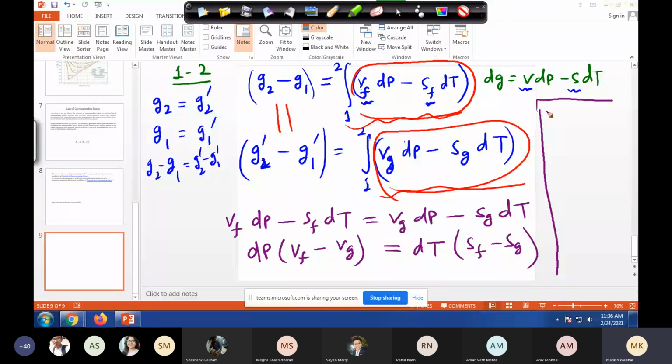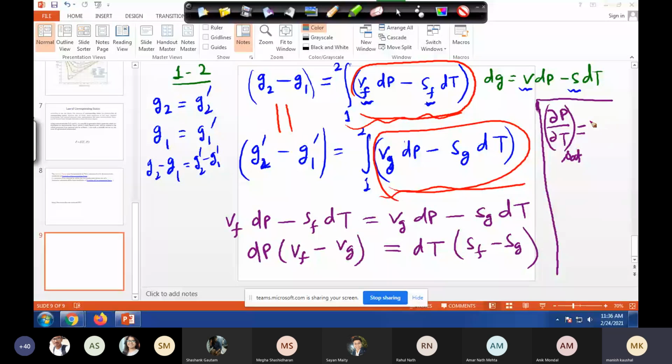So basically, since we are moving along the saturation line, this is not true for any P and T. If this is true for the saturation line, we say dou P by dou T. Why dou? Why partial derivative? Because you have to move along the saturation line. What we will get is